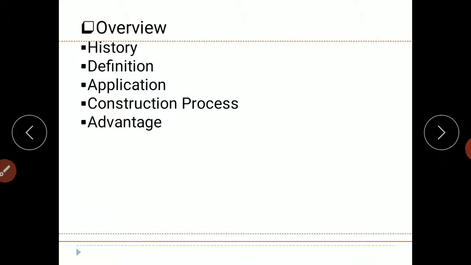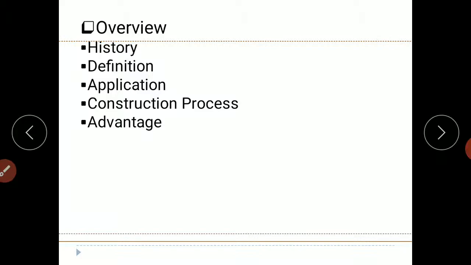Now before starting the actual topic we'll go through the history, the definition and application, the construction process and the advantages of pre-stressed concrete. So in this session we'll discuss these 4 points, and then we'll go for the design of the pre-stressed concrete floor slabs.